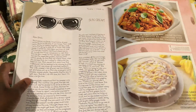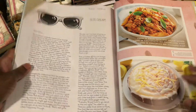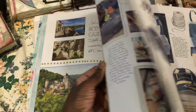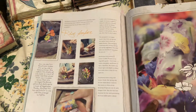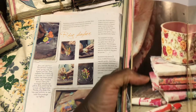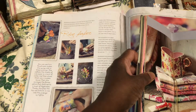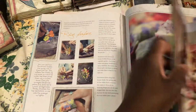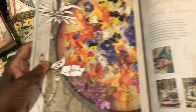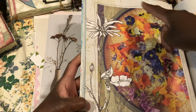You can cut off the strips and use them down the edges of your pages, which I have done in here, I think. So this is lovely. You could fussy cut that out if you wanted, which would be really nice to put as a collage somewhere. This is beautiful. If you were careful, on a traveller's notebook centre insert, you could probably get up to about here, so you could use it just for a centre spread for one of your traveller's notebooks. How beautiful is that? You could even just fussy cut this little bit here, take that out, or I'd actually even